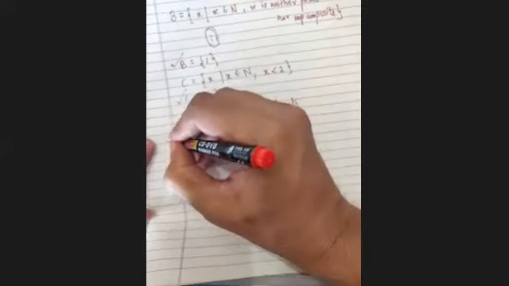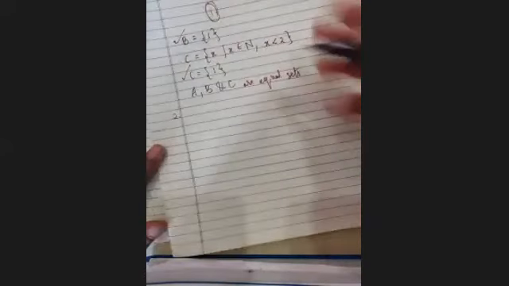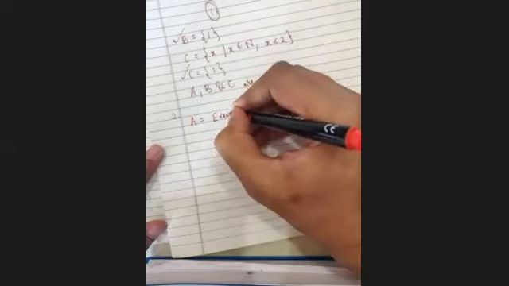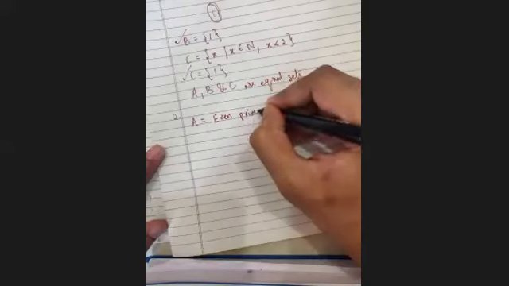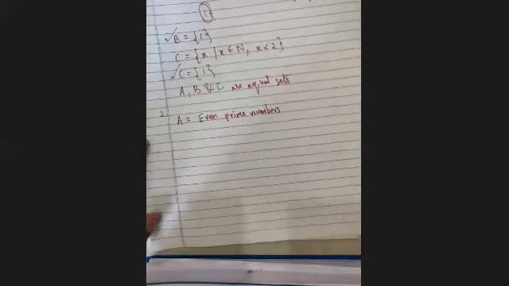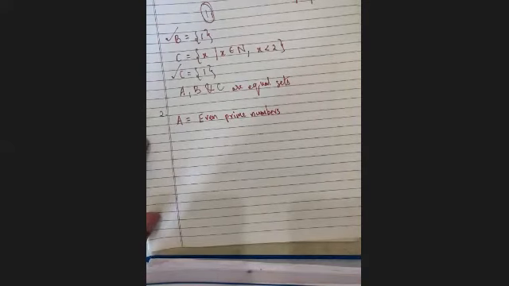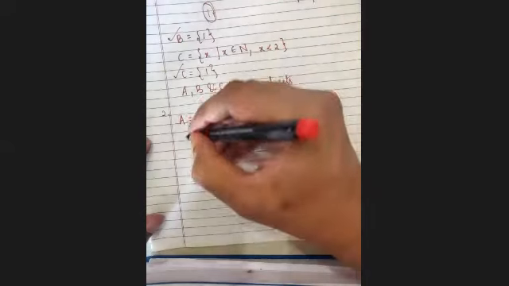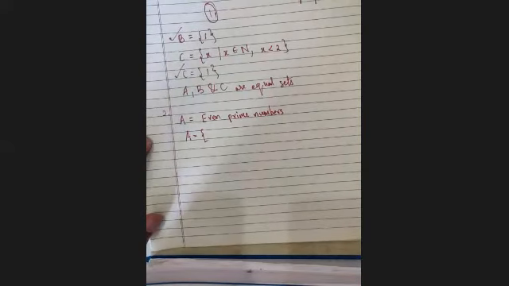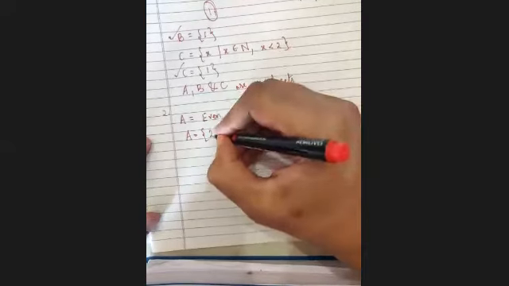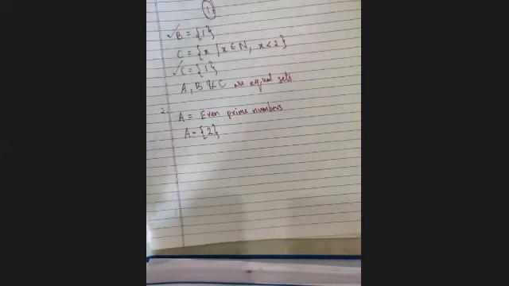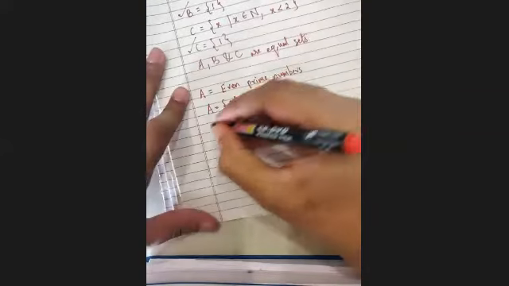Okay, so let me go to the next one. Second, also we have to check whether sets are equal or not. So I'm writing the first one like this: A is equal to even prime numbers. ये ठीक है? Yes, sir. So tell me what all will come inside A? 2. तो A का वैल्यू 2 है, ठीक है? अब B चेक करते हैं. So I'm writing B question.